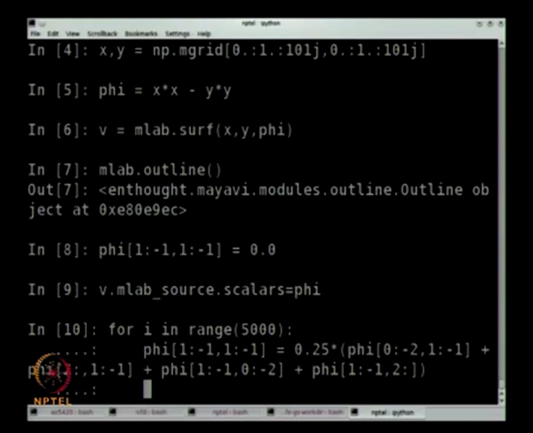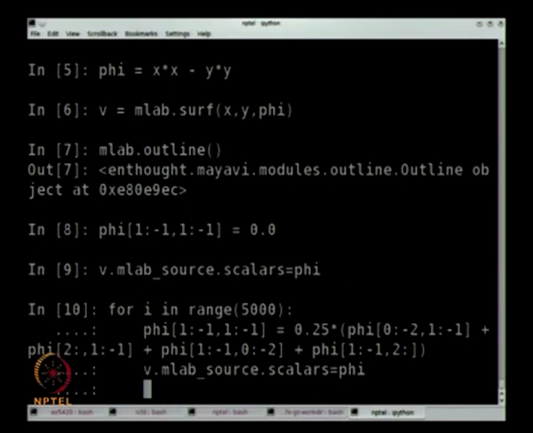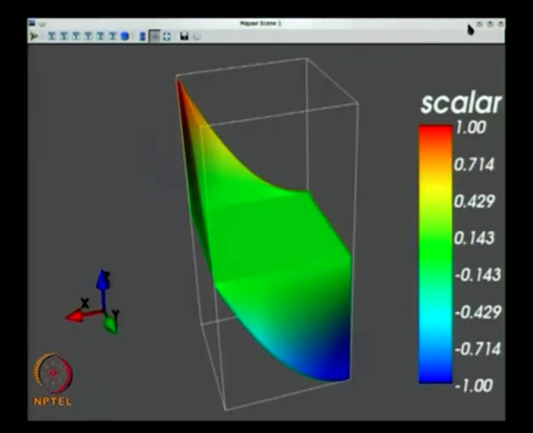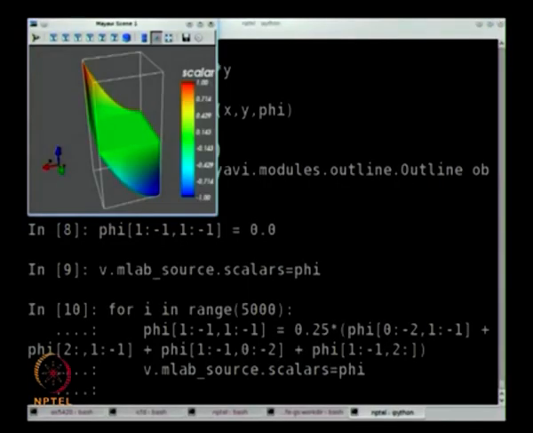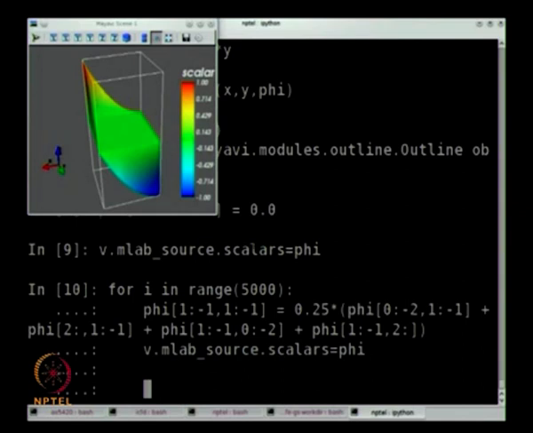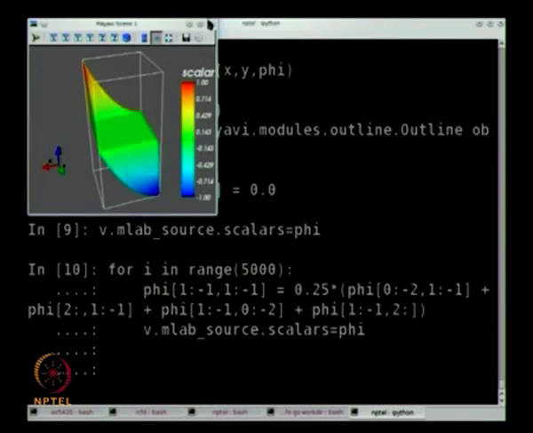So we have computed the phi, V dot mlab scalars equals that phi. Let us run it, and you can see